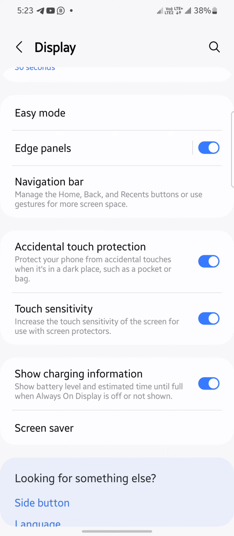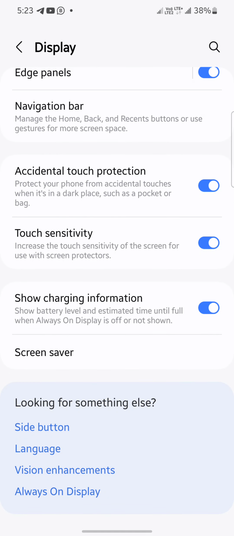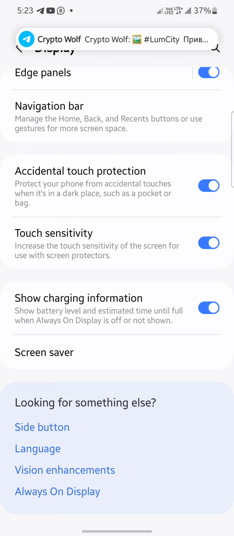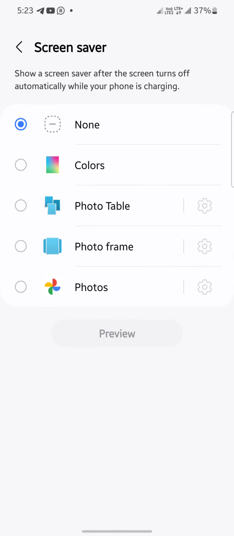We also show charging information, where like you are all seeing, when you put it in the charger, you are going to see information down there. Even when the phone is off, you will see information down there, and that's what the charging information does. We have screensaver. I believe you may know what it does. With a screensaver, it's like you live in a picture, where if your phone is off, you still have a picture. So let me do a frame so that you see what a screensaver does. So let's choose a color. When the screen is off, this is how you're going to see it. If you choose the